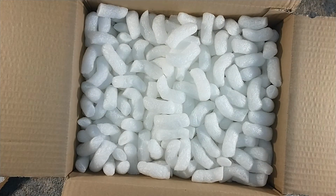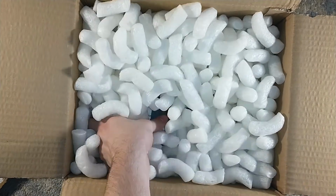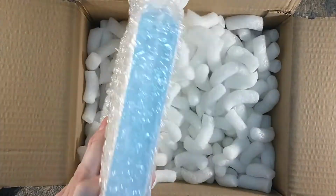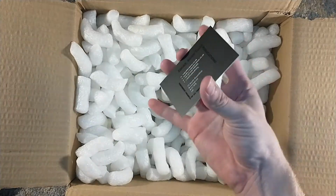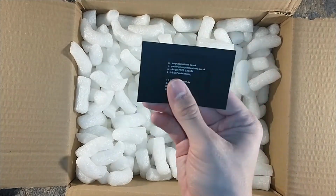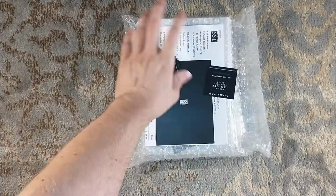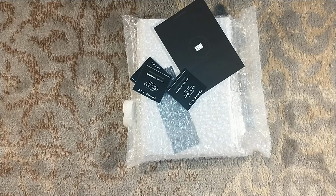So anyways, this is the first book in the Grady Hendrix bundle. This is Horrorstor by Grady Hendrix. So Paul, there's a business card in there as well. Boop, little business card. Love the black text on that. Very nice. Paul Fry, that is. You don't need my address. Paul Fry, that is